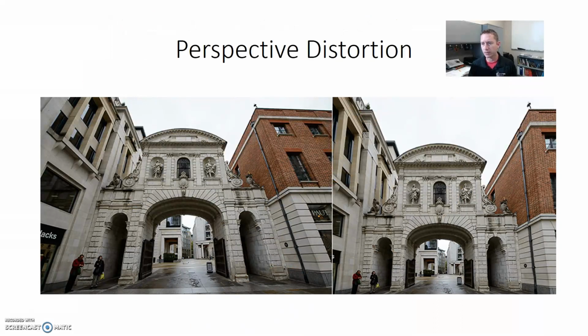Likewise here, we've got a building, normal perspective on the right, and what happens is when we start trying to get more of the image in our view, and so we go with a wider angle lens, or we take our lens and we zoom back to make it a wider angle lens, what you end up with is now these buildings have bowed out, something we do not want to do. All right, so